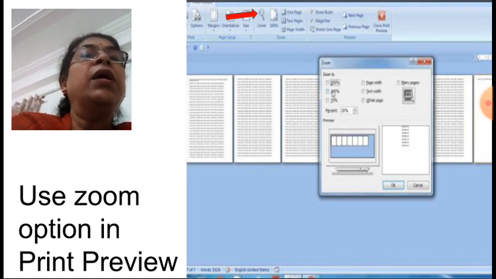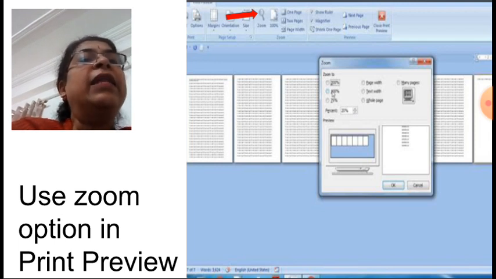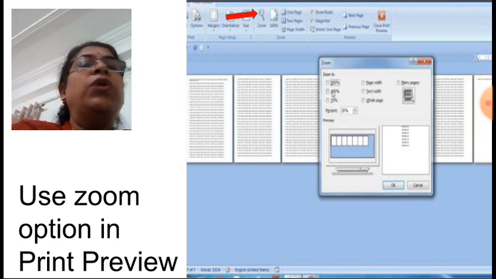Correct. Zooming also, a Zoom dialog box opens here. You have to specify the zoom percentage and click on OK, or if you have finished zooming, click on that, like that. So it will come back to the normal text. Okay,